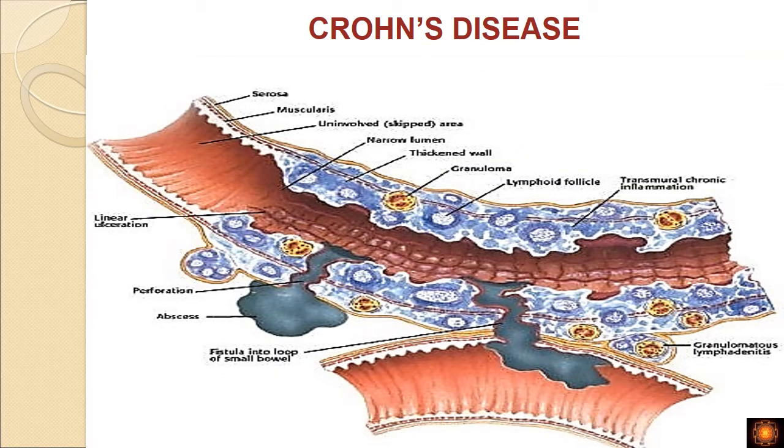Now this was what I was telling. This is a diagrammatic representation. You see, these are the linear railroad track like healed scars, and you have a cobblestone appearance, and these are the ulcers. So ulcers may deepen and form sinuses. They may open up on the surface where they get secondarily infected and can form an abscess on the surface of the intestine, or these ulcers which are forming fissures, these fissures and the fistulas can open up into the adjacent intestines. So this is another bowel where it's opening up, forming a fistula, and you have increased thickness of the bowel wall.